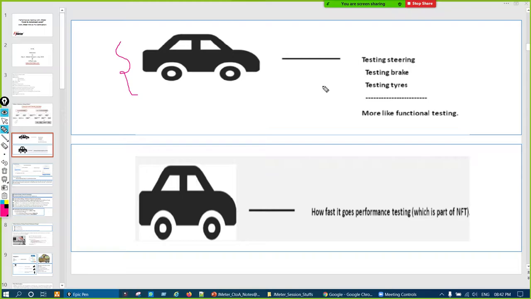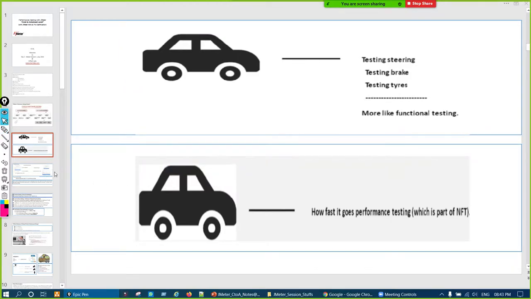When one user is sitting here, what is its performance? When all 8 people are sitting here with some luggage also, obviously its performance goes down, right? So all those stuff of this car is categorized in performance testing.